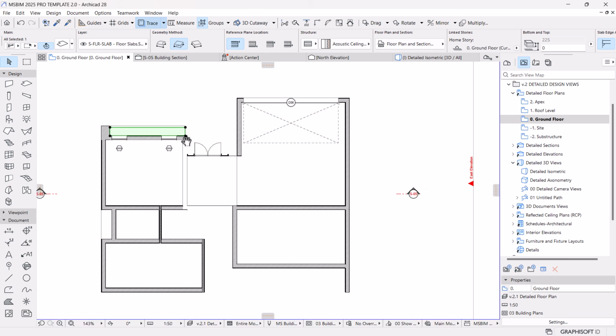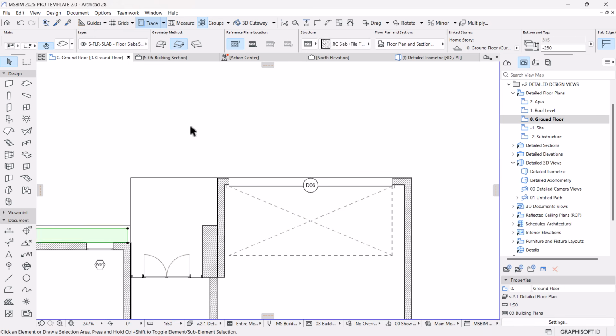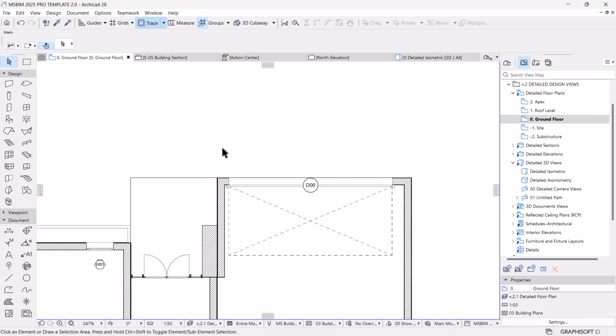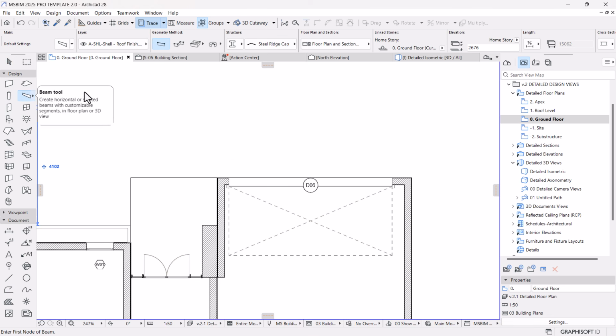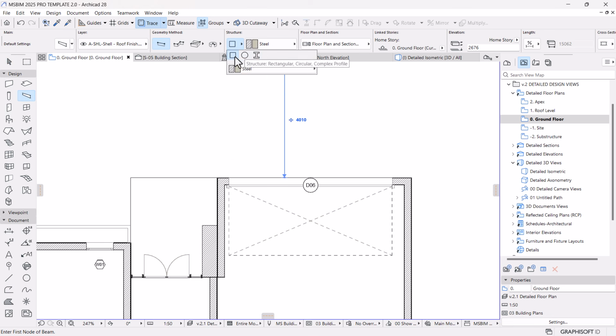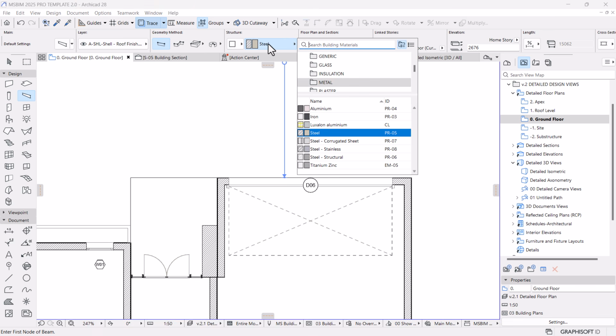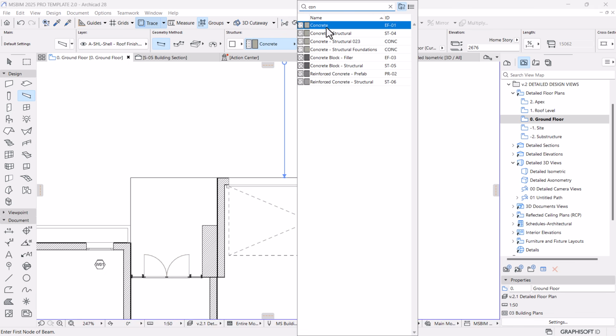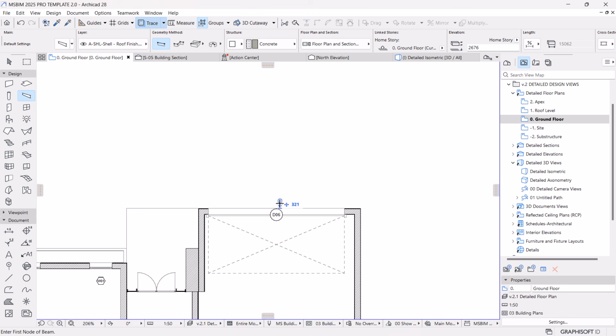Let's go. I normally use the mesh tool to create a ramp. You can also use your beam tool because you can play around with the slope. So for example, you can pick your beam and then make it just a normal basic structure. Then after this we set the material to be concrete, and you can draw the length. In this case it's going to be 6 meters,